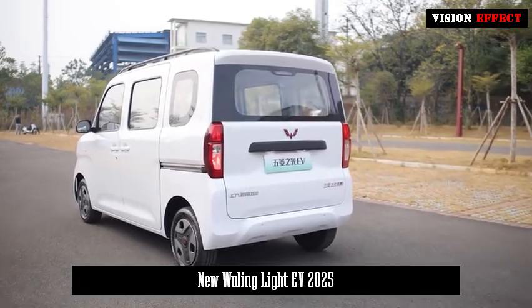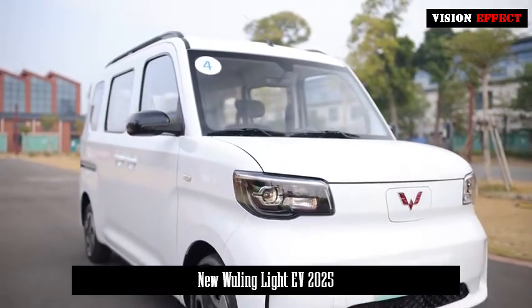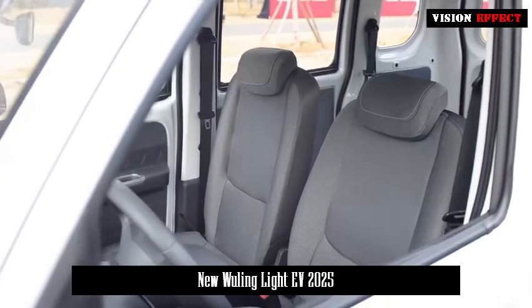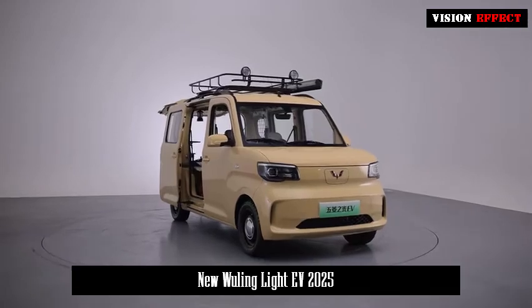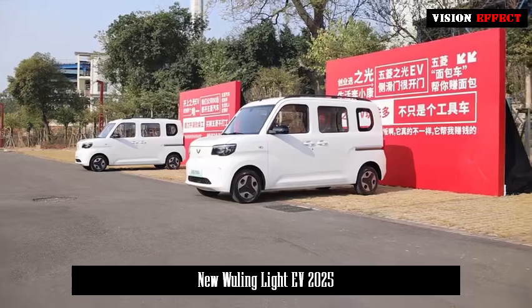When viewed from the side, the body lines are straight. Continuing the tough style of the classic model, the straight waistline extends from the front wheel eyebrow to the rear of the car, as if to convey its solidity and reliability. At the rear of the car, it pays homage to its predecessors. The vertical strip headlights and large area rear window not only increase the visual height of the car, but also